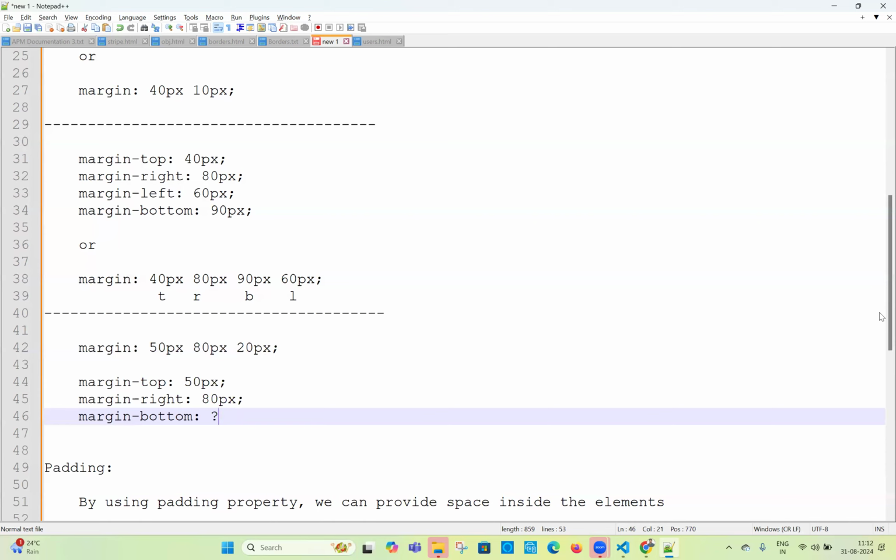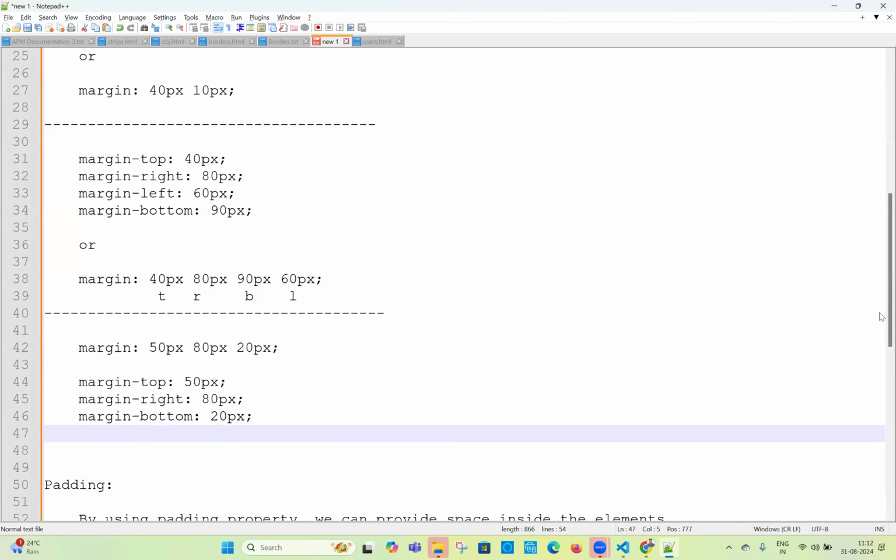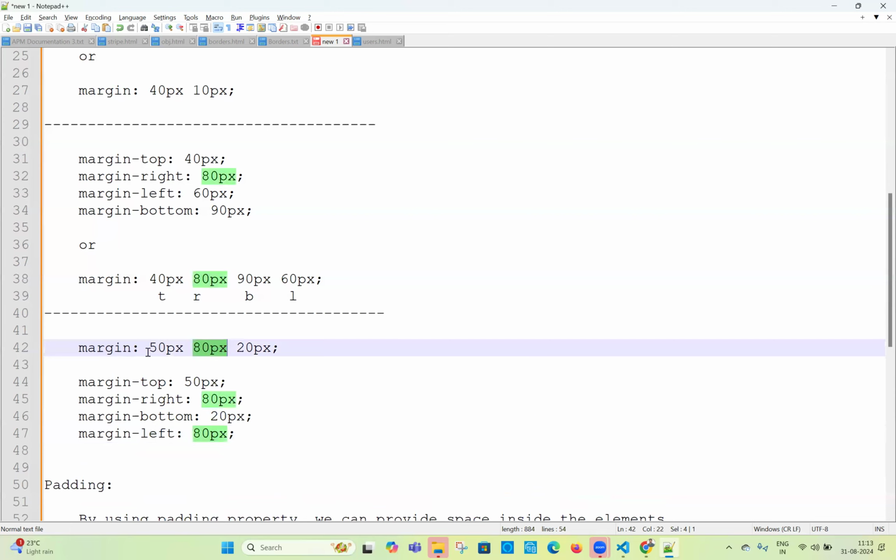20, sir. Margin bottom is 20 only. Then obviously, what is the next value? Margin left? Margin left is going to be default. Yeah, 80. Yes. You see the middle value, remember the middle value. If you have only 3 values, the middle value is specially applied on right, left. And the first value is obviously for top,